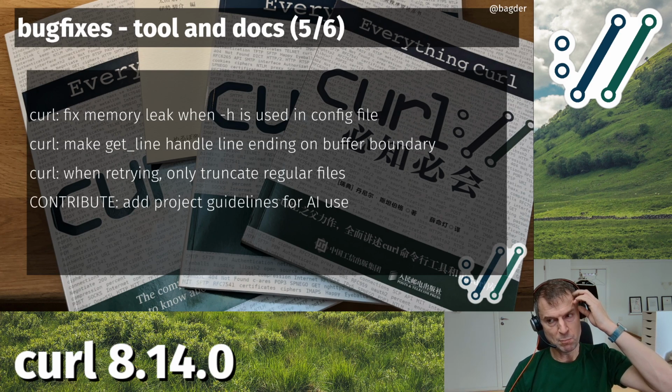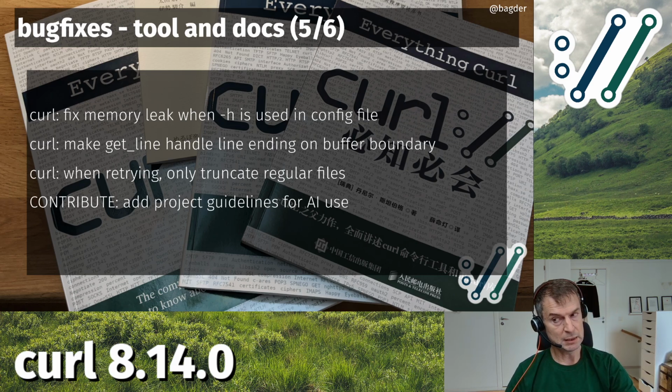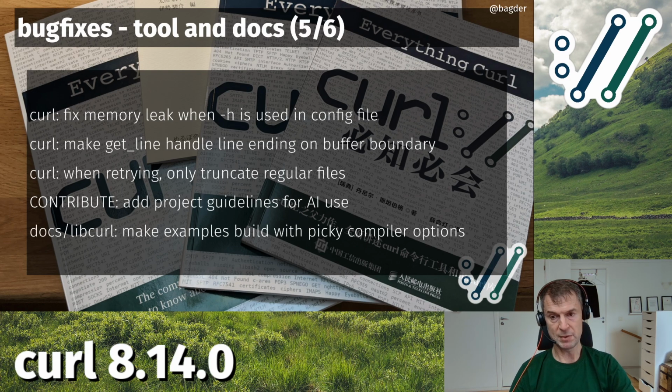We had this whole brouhaha about AI contributions, in particular in security reports to curl, and now we have a whole new section in the contribute document about AI use in curl, in particular when you contribute issues, security reports, pull requests, and doing translations. Could be fun to read up on if you plan to contribute to curl and you want to use AI in that combination.